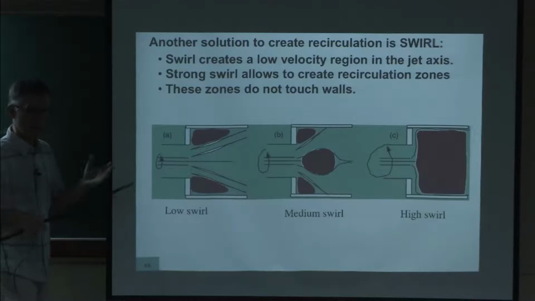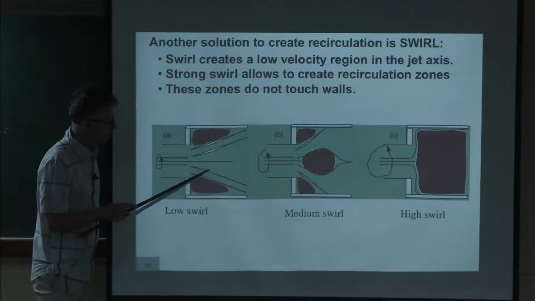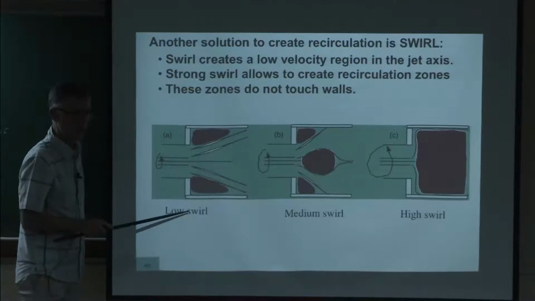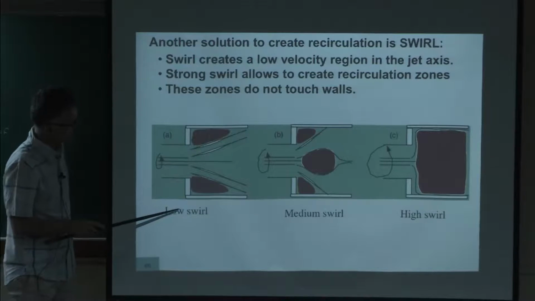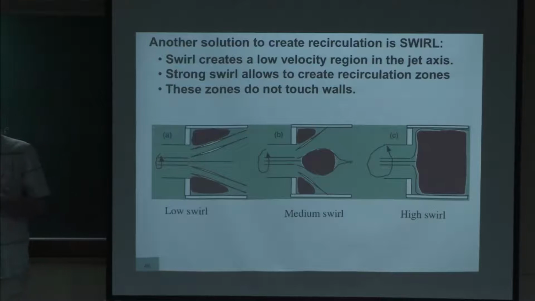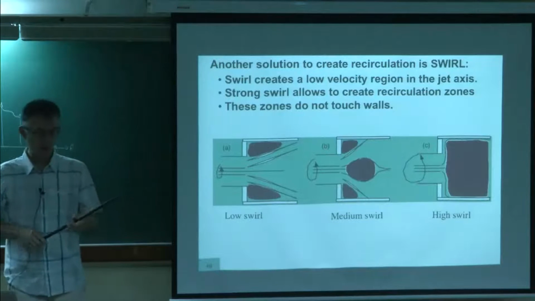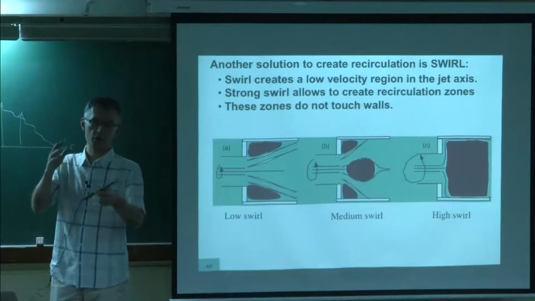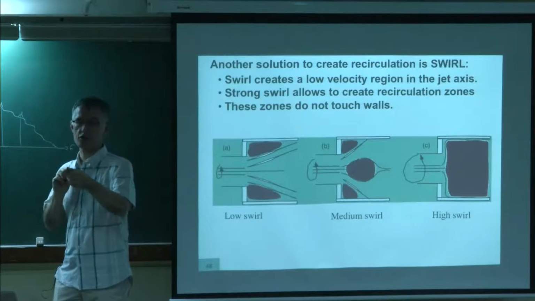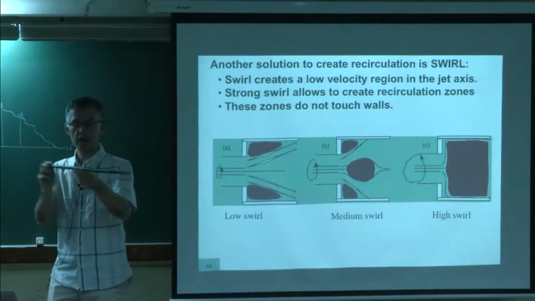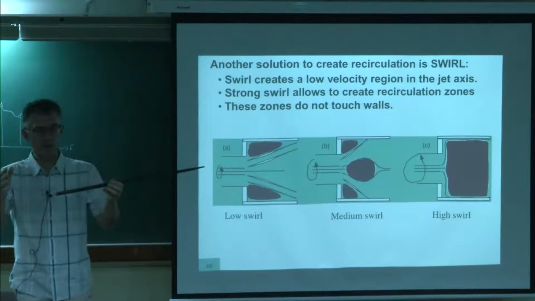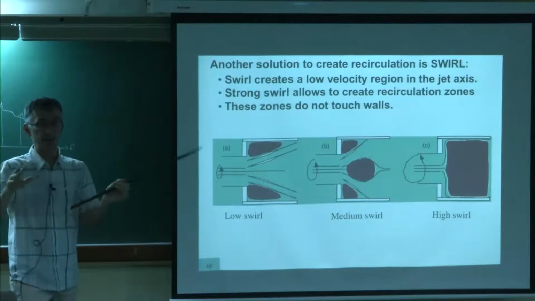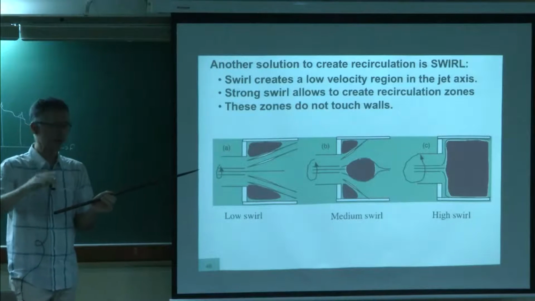So that's a pattern of the regime in a swirl combustor for different levels of swirl. So swirl, to first order, we use a swirl number. The swirl number tells you how much rotation you induce. So if you have a swirl number of order unity, it means that if you have an injection velocity of 10 meters per second, the rotation velocity is 10 meters per second. That's the order of magnitude. It's not exactly like this. You need to take averages because the profiles are not flat, but that's about it.